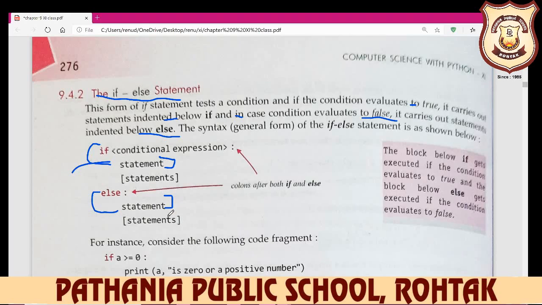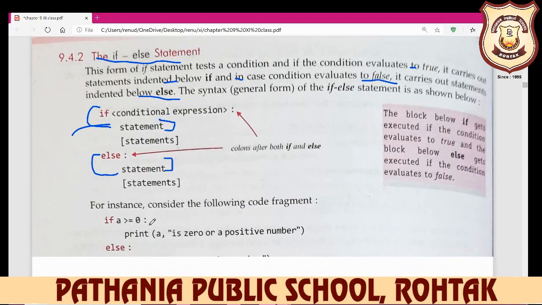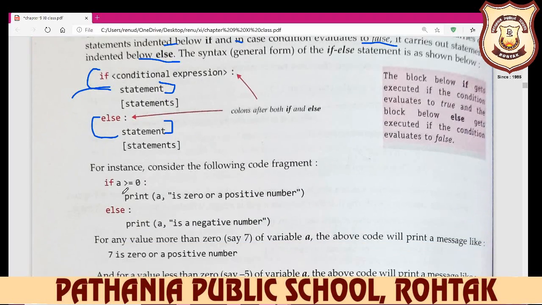For example, if a greater than 0, then display "a is 0 or a positive number". Else, print "a is a negative number", right?